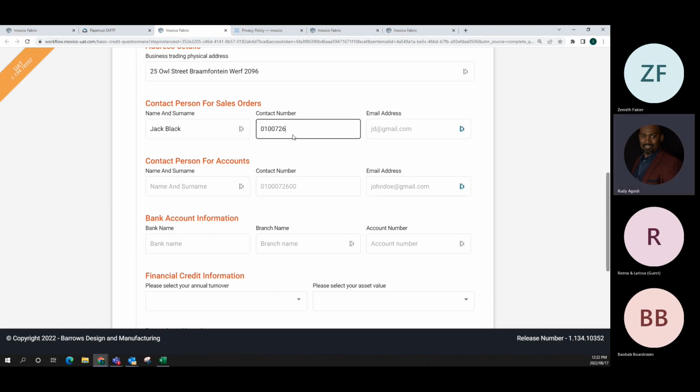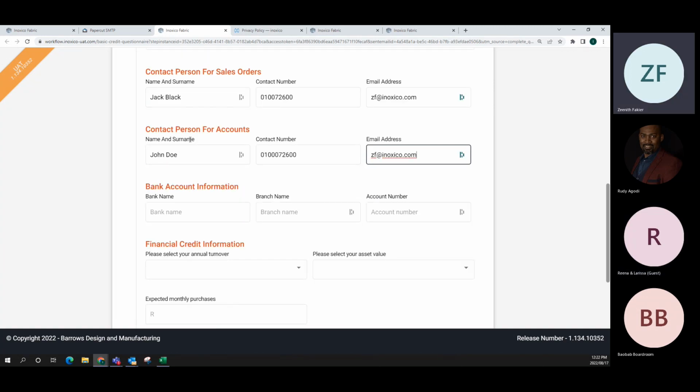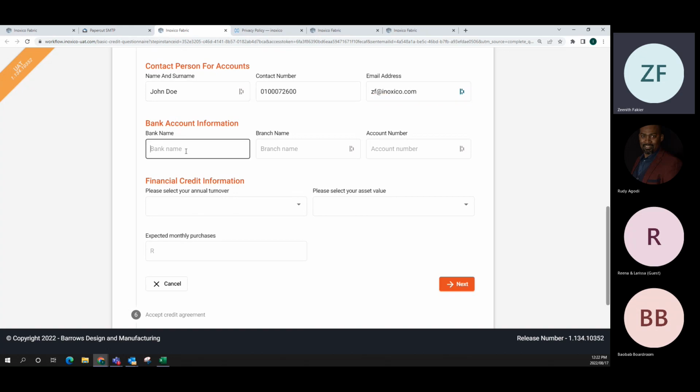Rina and Larissa, at any time, if you feel that you want to add something to this, please feel free to let us know, because it's not really static. We can make a few changes as long as it doesn't include dev work or development work. Okay, noted. Thanks. Okay, contact person for accounts, bank account information,